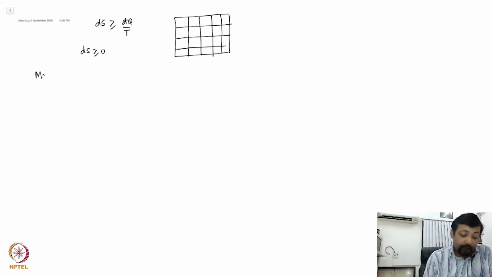So we say that the maximization of entropy leads to a thermodynamic equilibrium